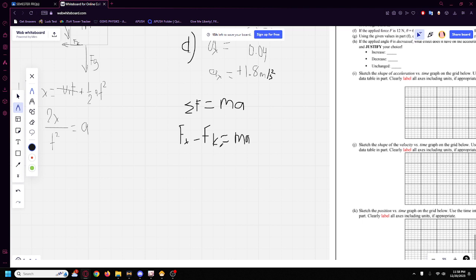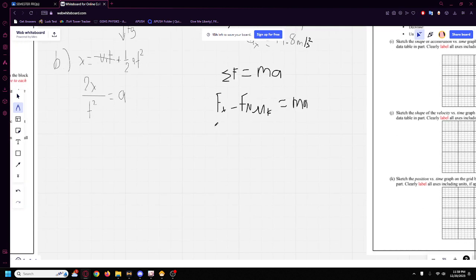Fk is the same thing as Fn mu k. Fx is the same thing as F cosine theta,